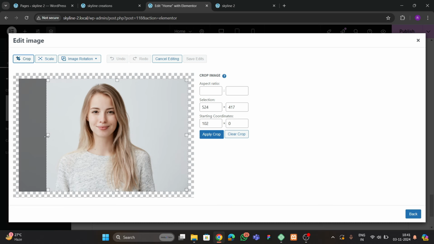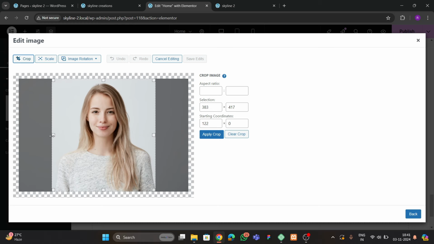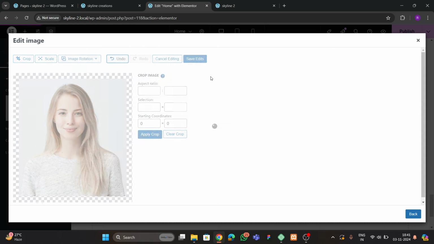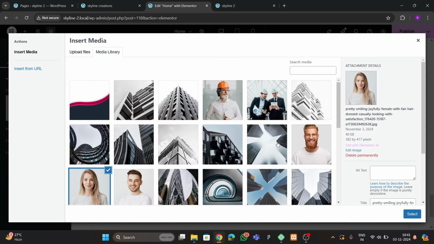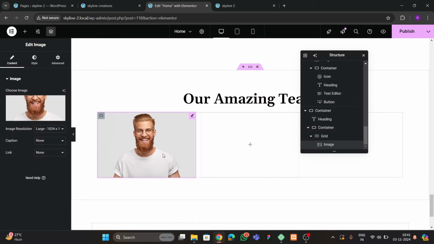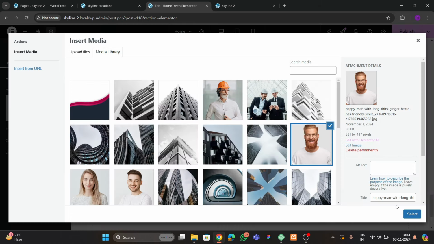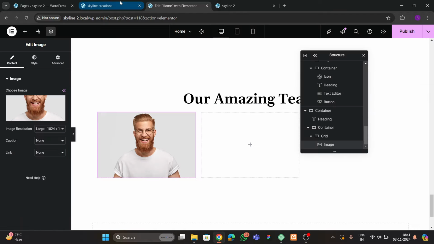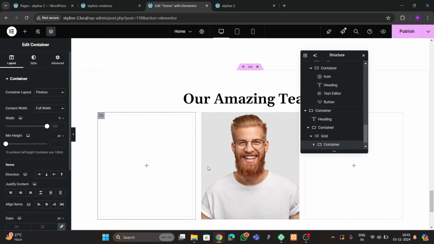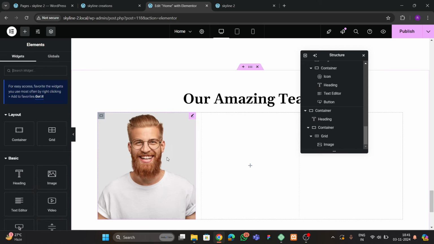Let me make this vertical. Let me choose this, and here you can see that this is not updated yet, so let's wait for it. Then after that you can see that we have this, so we can drag and drop. Let me make this. Here we have to just